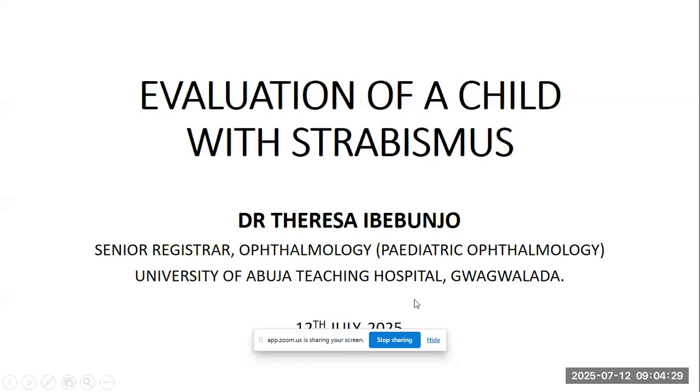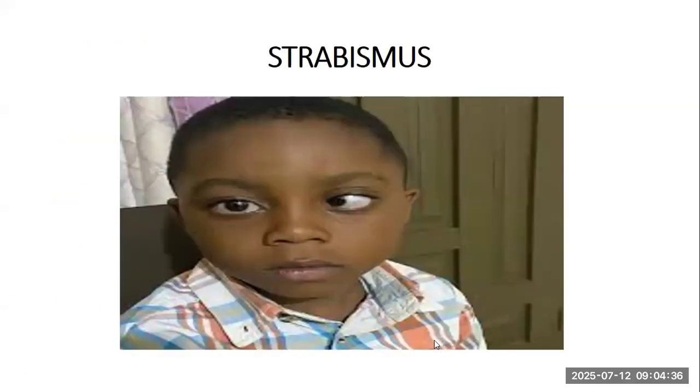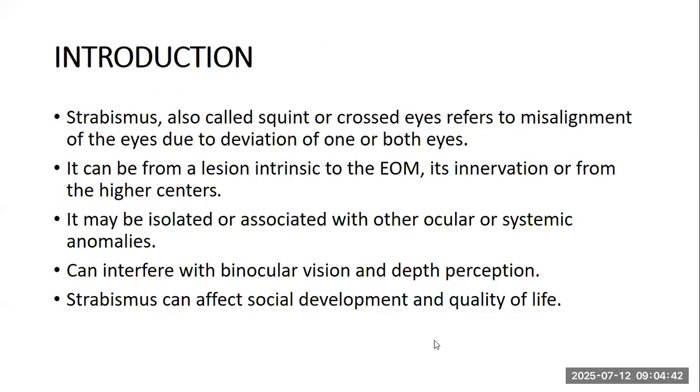The topic is evaluation of a child with strabismus. I'll be using this outline, and this is a picture of a child with an obvious squint. All right. By way of introduction, strabismus, which is also called squint or crossed eyes, refers to misalignment of the